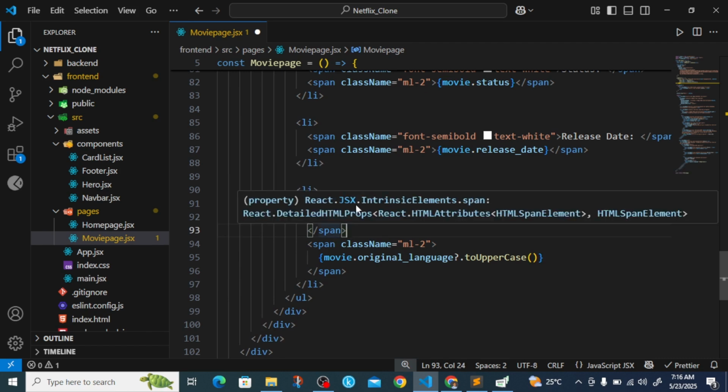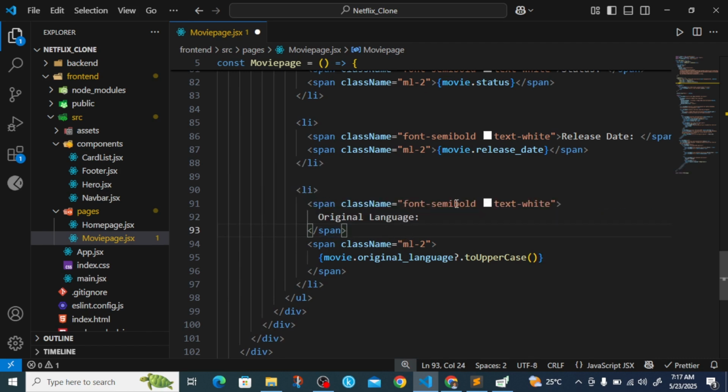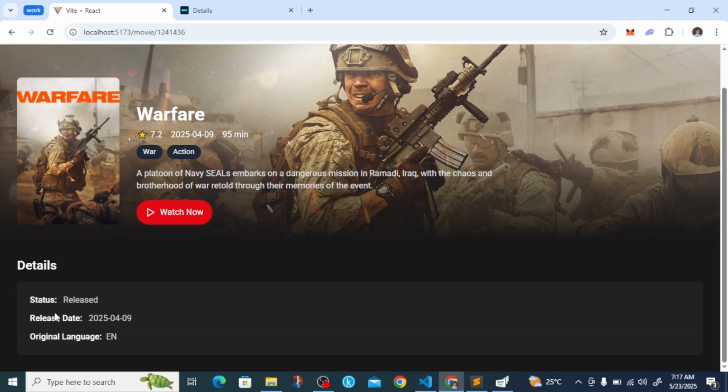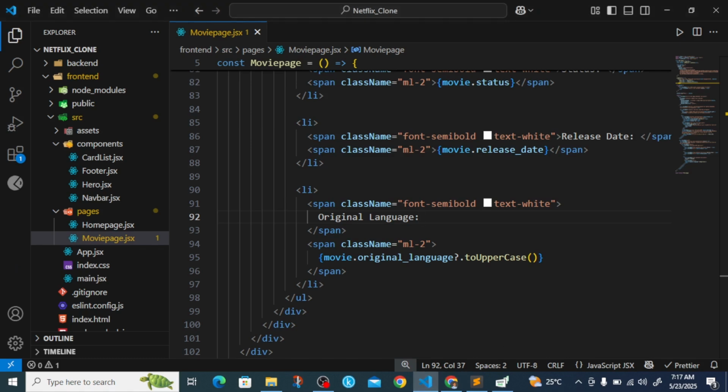Two span tags, one for the label, original language, font semi-bold, text white, and then the other span, which is the data, we have the original language, and then we made it uppercase. Ctrl S and let's see. Original language English. Yeah. Okay,